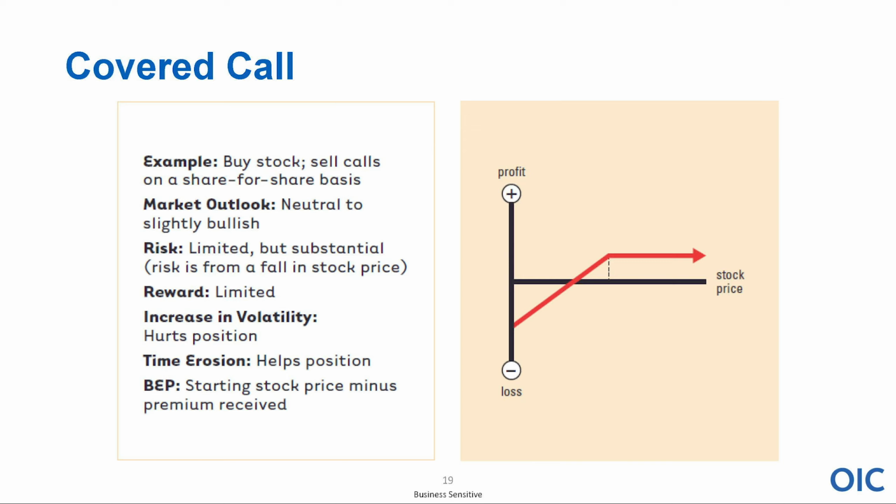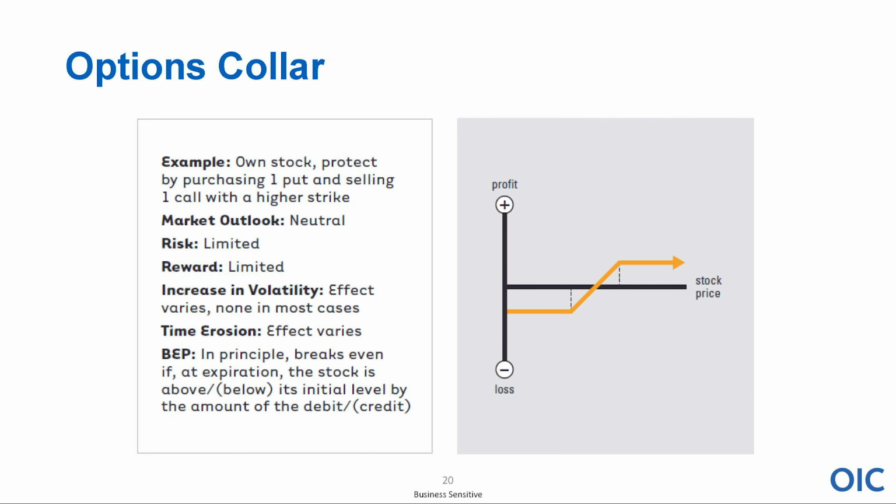Okay? And the last example I'm going to use is something called the collar, like the collar on your shirt. And this is where people have come to me and said, Marty, I own XYZ. I'd like to buy the protection. I'd like to buy insurance, but it's expensive. I don't want to pay money for my insurance. Well, maybe you can combine, because you own the underlying shares, you could buy the put insurance, the strike price, and finance it by selling an out-of-the-money call option. And look what happens to your profit and loss here. You have the risk of stock ownership for a few points higher or lower, but at some point your strike price on the put breaks you even on the downside, which is great.